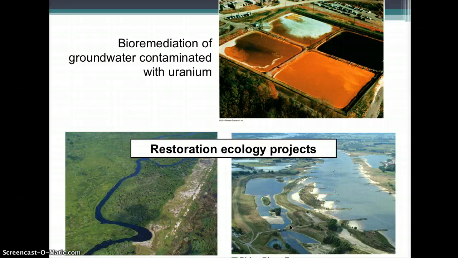So in the upper right picture, we have waste containing uranium that was dumped in these four unlined pits for more than 30 years, which obviously led to contaminating the soils and groundwater around them. The Kissimmee River once meandered for 103 miles through central Florida. Its floodplain, reaching up to 3 miles wide, was inundated for long periods by heavy seasonal rains. Wetland plants, wading birds, and fish thrived there. However, there was prolonged flooding from the hurricanes in the 1940s that had severe impacts on the people living in the area,